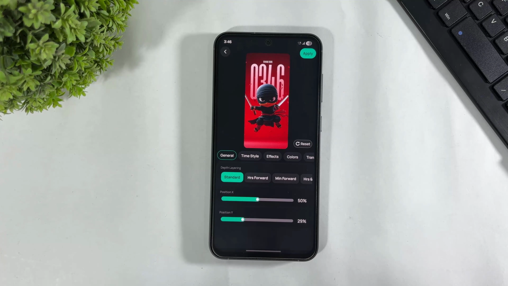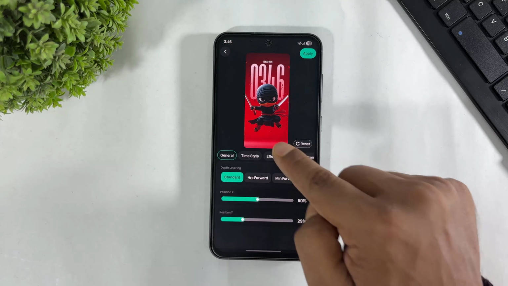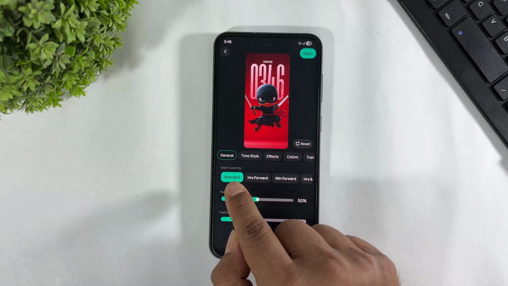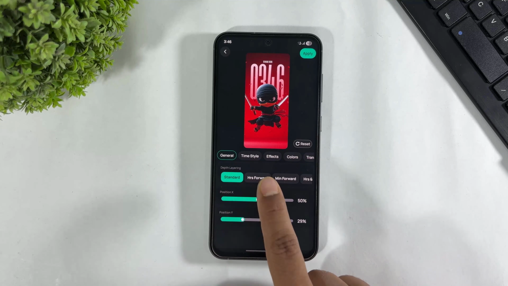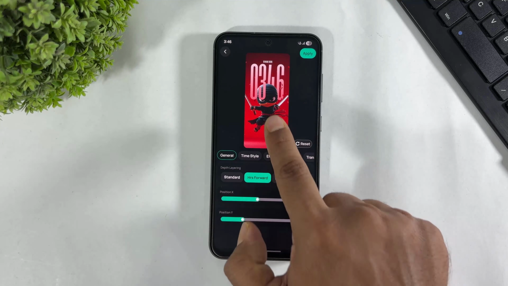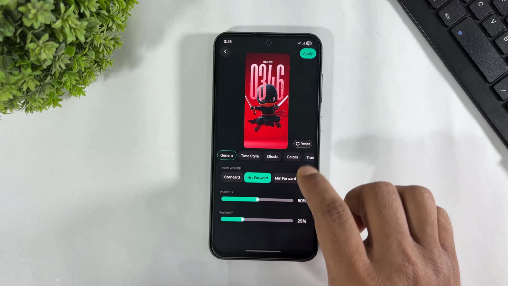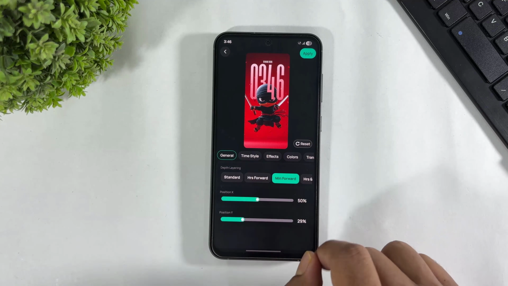Guys, I reviewed many beautiful depth clock wallpapers in previous videos, but the most important thing about this app is you can set depth layers one by one on your clock like OxygenOS 16. Now let me show you all the customization options. First, look at this depth layering. Simply tap. Look at this, the OxygenOS 16 style clock depth layer is set